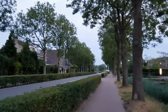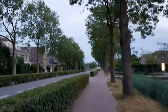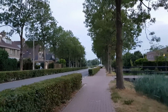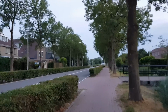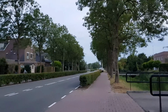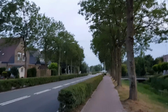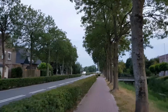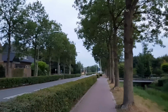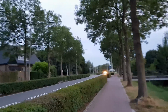It is bloody hot today. Yesterday was terrible, 38 degrees Celsius, and today was even worse. Our thermometer told us it was 39 degrees Celsius in the shade. So it was absolutely terrible, and it still is. It is, I don't know how, 90 degrees Fahrenheit? I have no idea. It's above 30 degrees Celsius. Anyway,